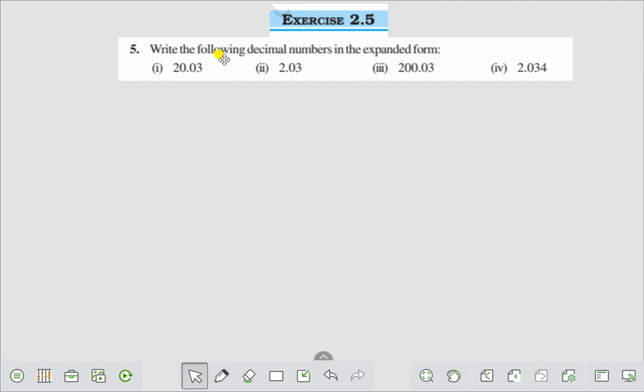Question number 5 is: write the following decimal numbers in the expanded form. Right? We'll write it in the expanded form. That is, question number 1 is